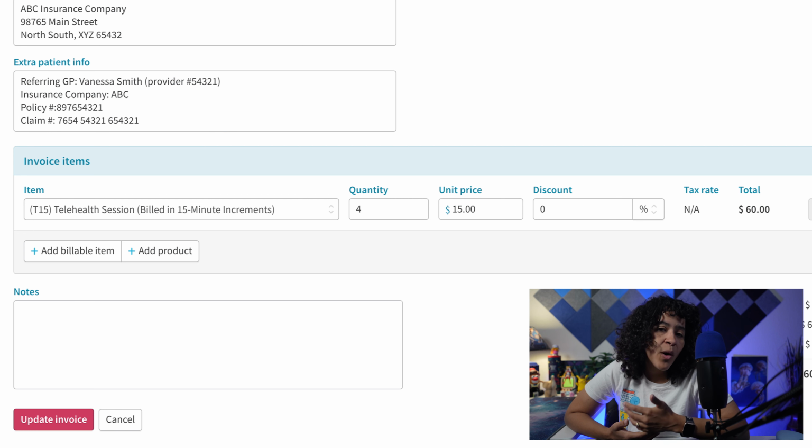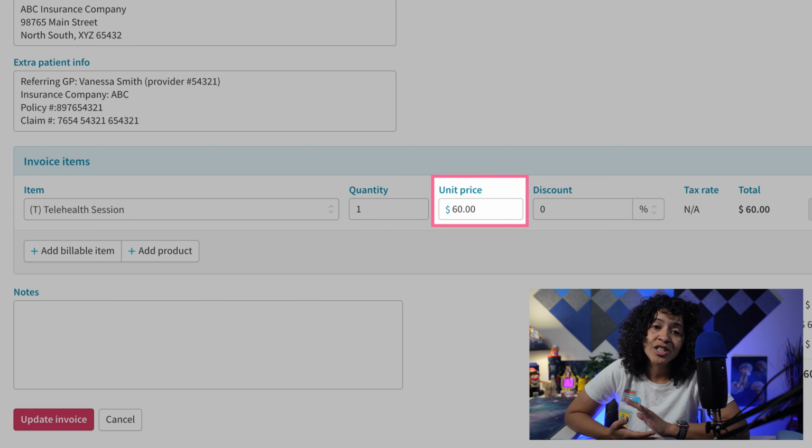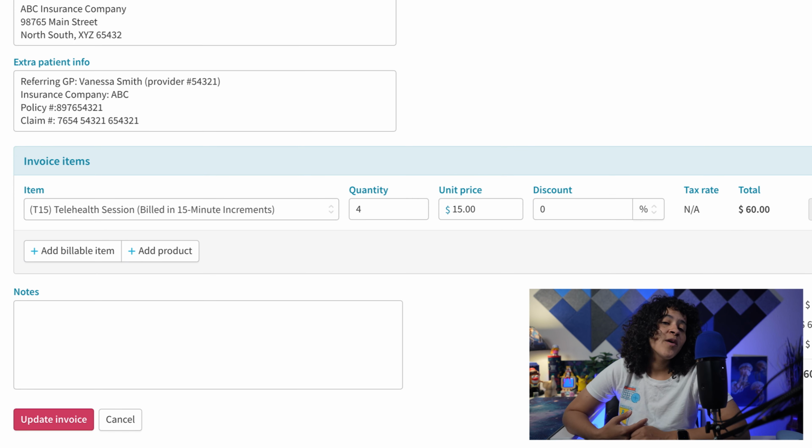To tackle this, most clinics create a new billable item just for these scenarios. When you add the billable item to the invoice, you can modify either the quantity or the unit price to match the partial service. For example, if I charge a fee for every 15 minutes, I can change the billable